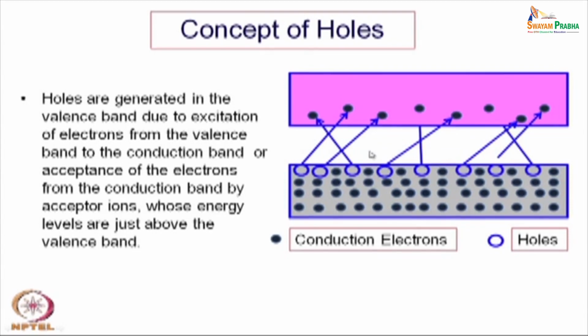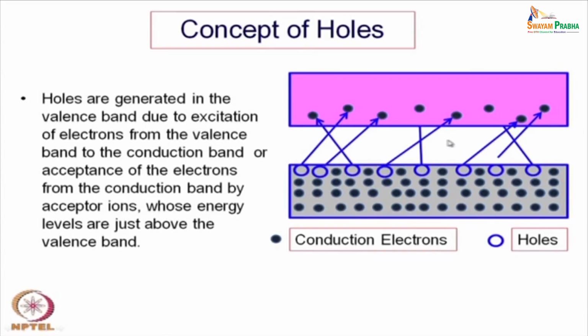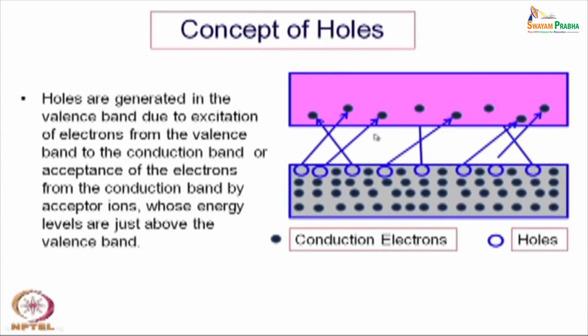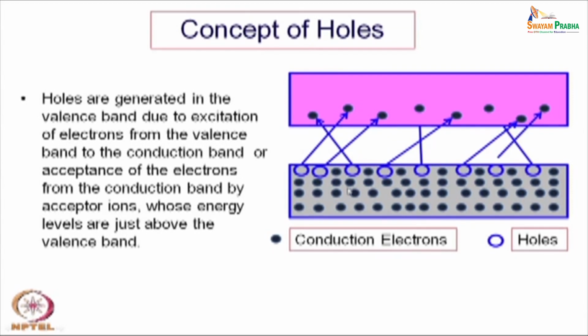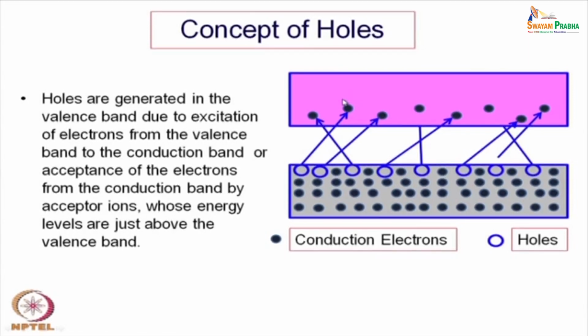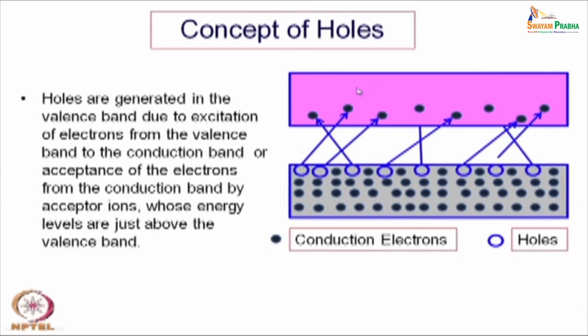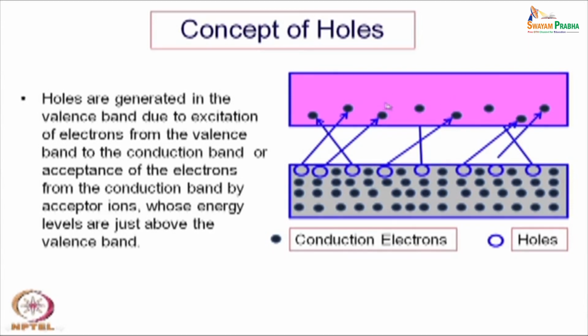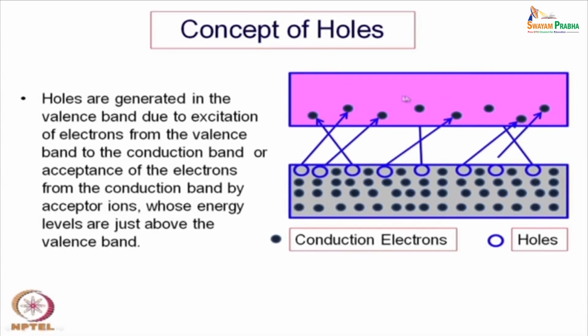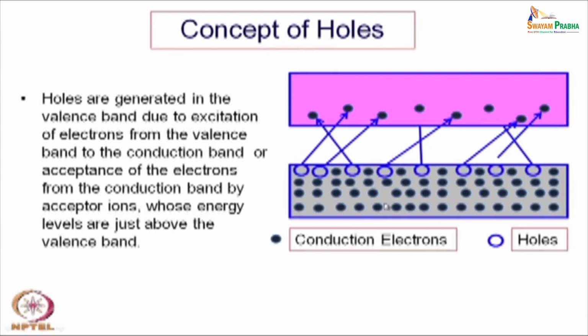No electron can reside in this white region, because these energy levels are forbidden. The electrons cannot accept these energy levels. So, it has to accept sufficient energy so that it crosses over, jumps over to the next band, that is the conduction band. So, this is our conduction band. The pink one is the conduction band and the black one is the valency band.